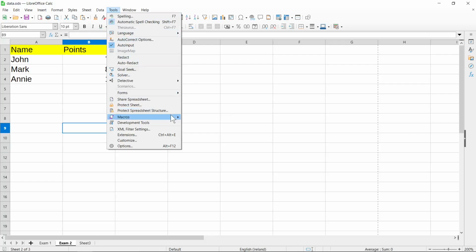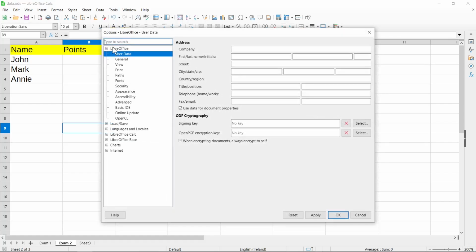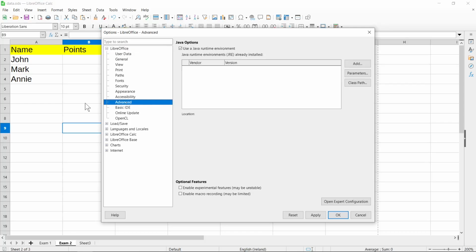and now you can check that in the Macros tab you don't have the Record Macro function available. So if you want to enable it, you need to go to Options or use the shortcut from your keyboard, Alt F12. So I click here, and by default you should see here User Data or LibreOffice Settings. If you don't see these settings, you need to click on the plus icon, and then you need to open Advanced Settings. Here you can find the Java Options Settings, but we are interested in it to move our cursor